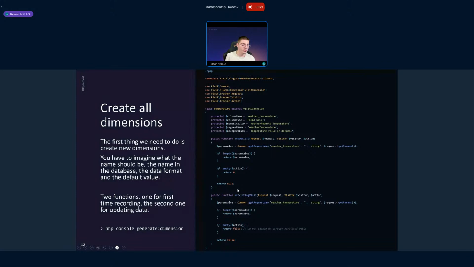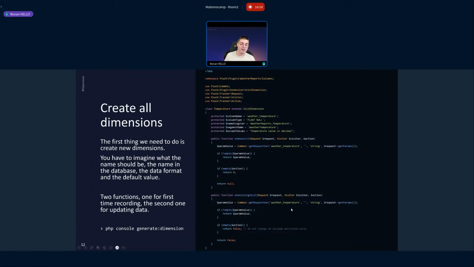But every time your user is changing the page, it triggers a new action, and maybe it could send new weather information. You have to know that we fixed that issue later in the code, but at this time for the plugin development, Matomo asks you what you want to do when someone sends a new value for the same visit.